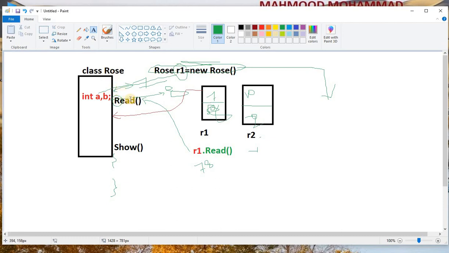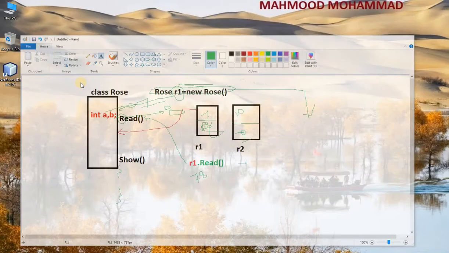Means here you have given what? Read. So next time when you're writing a constructor program, we don't write a read method, we write the class name here. As soon as the object is created, this constructor will come automatically and be readily available with the things we want to do there. So let's see the program to make you understand.